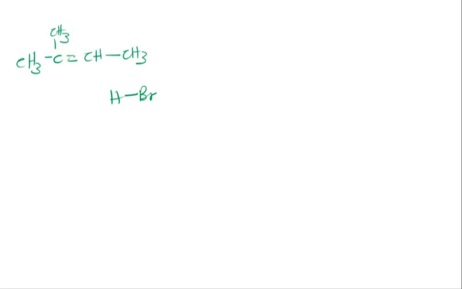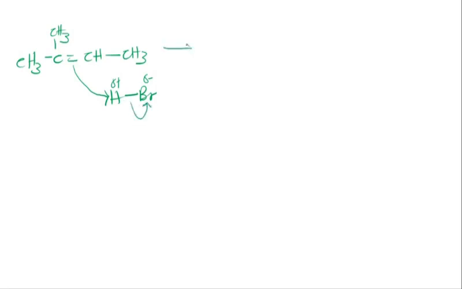Like I said, the double bond over here is an electron rich center, and the hydrogen in this bond has a partial positive charge, and the bromine has a partial negative charge. So the double bond will be attracted towards the positive charge. The double bond will attack the hydrogen,